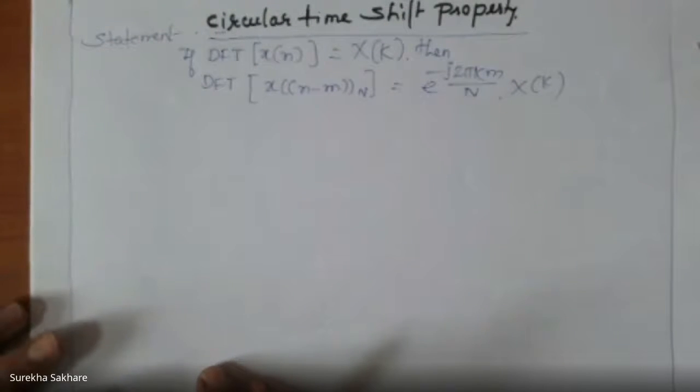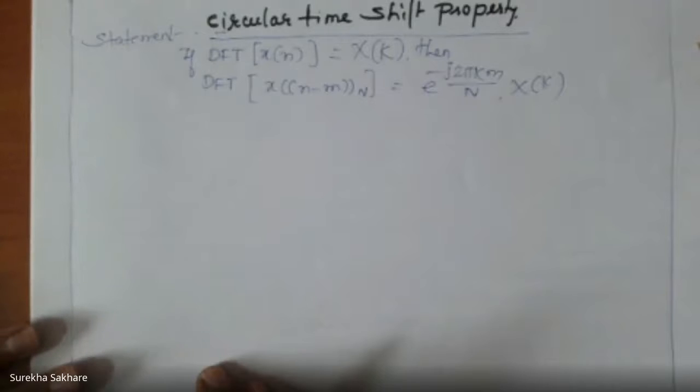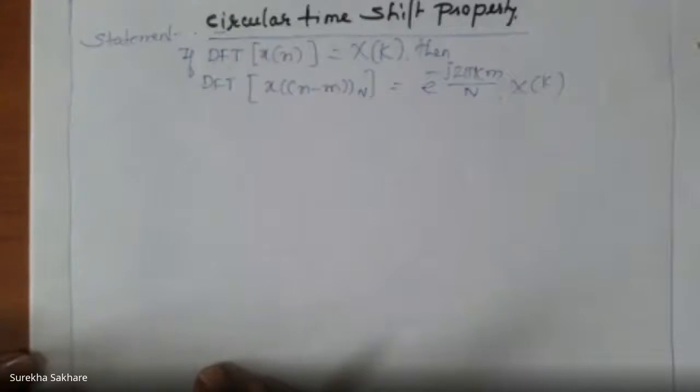Hello friends, today we will see the next property, that is the circular time shift property, where the statement is understanding the circular time shift